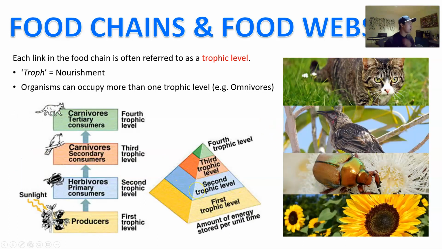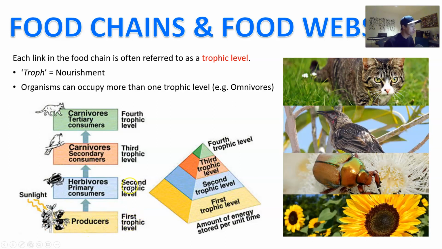Okay. We also use the term trophic level to refer to the level at which the organism is occupying that particular food chain or food web. Okay, and the word troph means nourishment, and so those terminologies are very helpful to look at the way in which the organisms interact with each other, right? So the first trophic level is actually the plant, right? And the plant is the first trophic level and it's the producer.